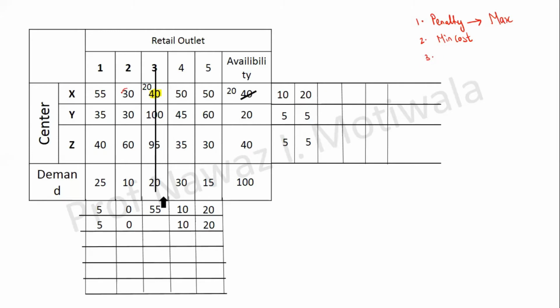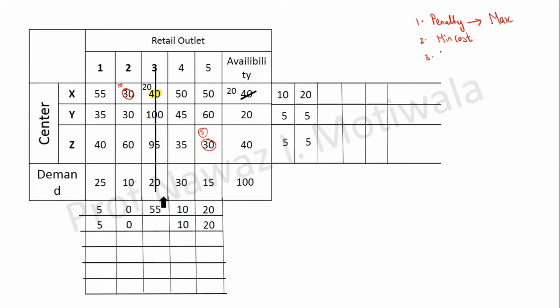So this 30 and this 30 were our points of concern. Now let us see how much we can allocate at these points. At this point, x2, how much can I allocate at maximum? 10. So here I can allocate 10 units. Now how much can I allocate at this location, 30, Z5? The supply is 15, and the demand is 40 and 15. So the minimum is 15. So I can allocate 15 here.